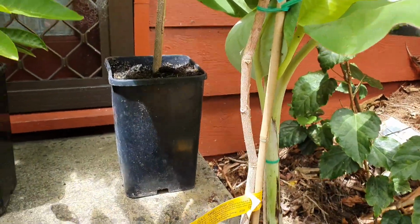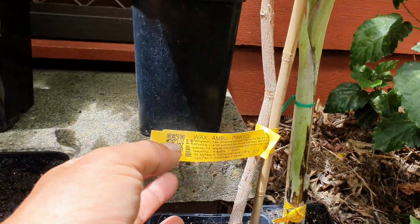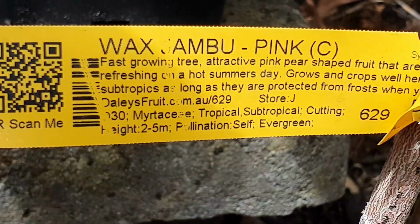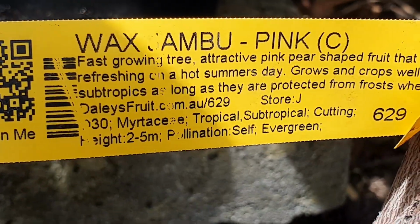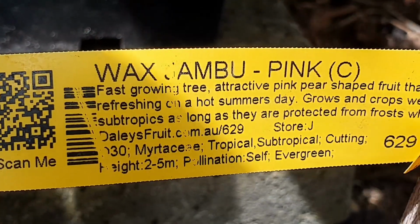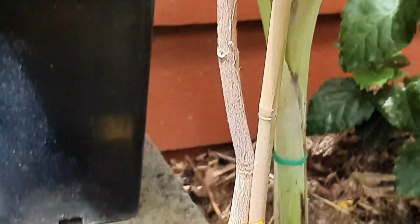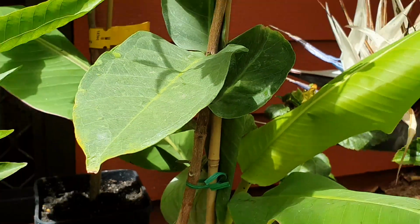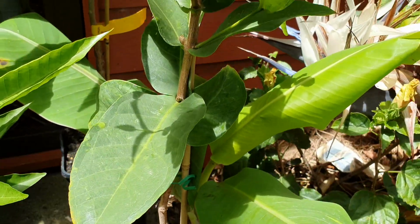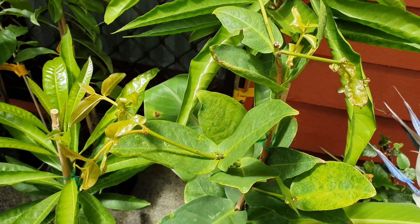Oh, a big troublemaker here. Wax Jambu. Now, the red variety will survive in Melbourne, but the pink one won't. And I've already lost the pink one before. But again, guys, you got to try at least twice, minimum, if not 3 times, before you say, okay, this doesn't work here in my climate. You don't give up after 1 attempt. 1 attempt? Geez, it could have been a bad year. It could have been a million things. Don't let that ruin your experience with your attempt to grow